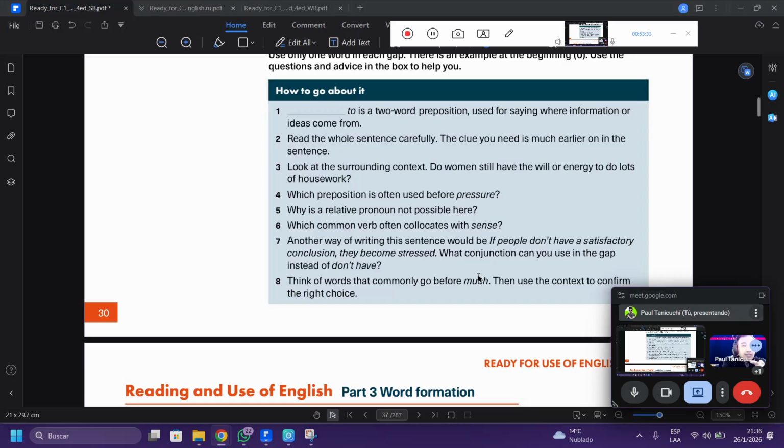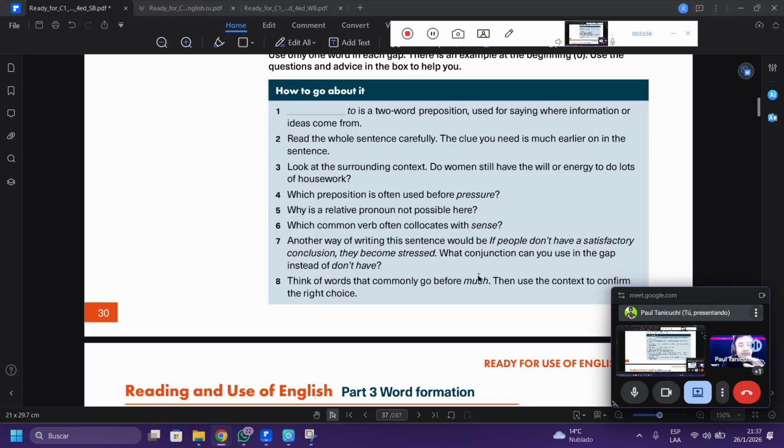The preposition to is used to express purpose, as I told you. You have to read the whole sentence very carefully, and the clue you need is much earlier in the sentence.